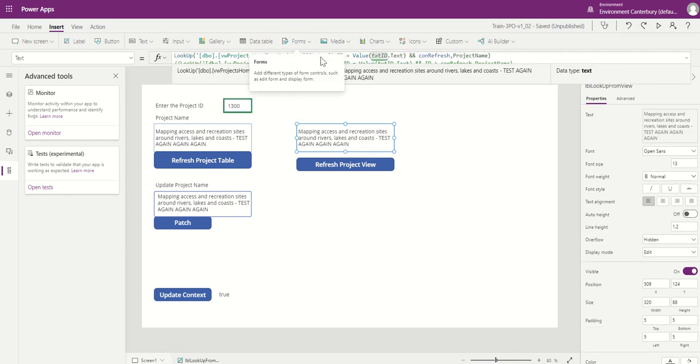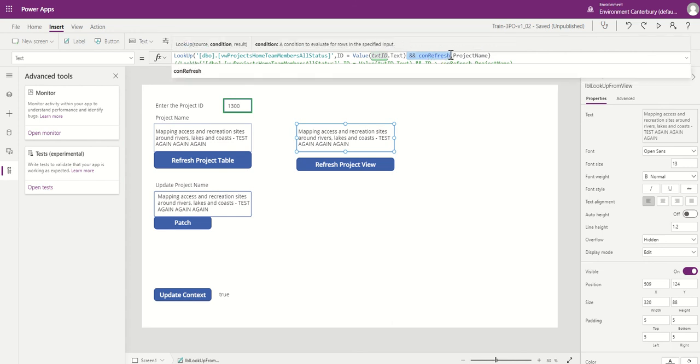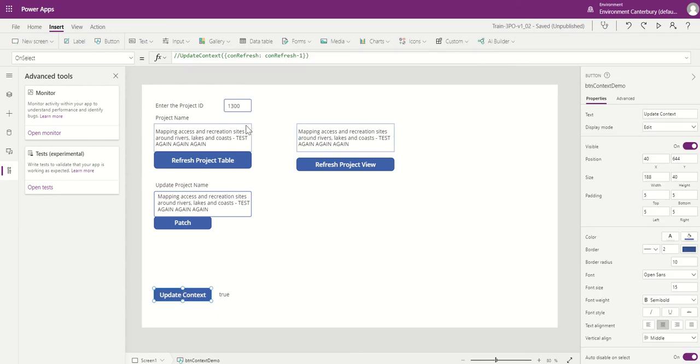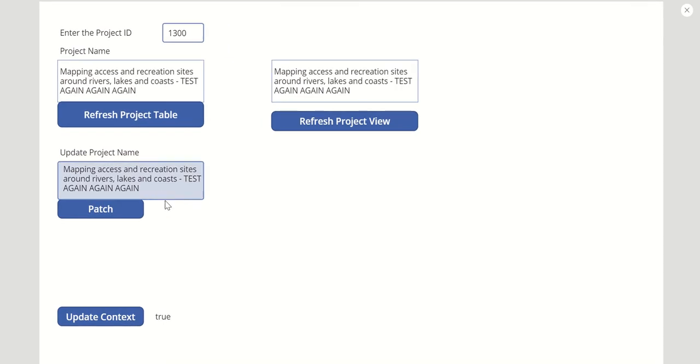All I'm doing is modifying the formula so that there is another parameter. I've added the parameter conRefresh. Remember, conRefresh just changes between false and true. So now I can go ahead and make a change,